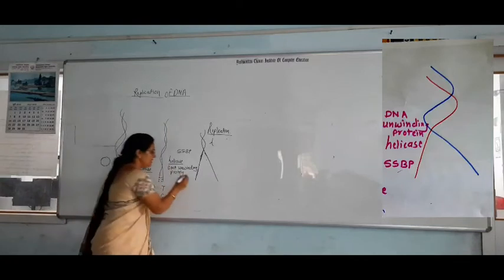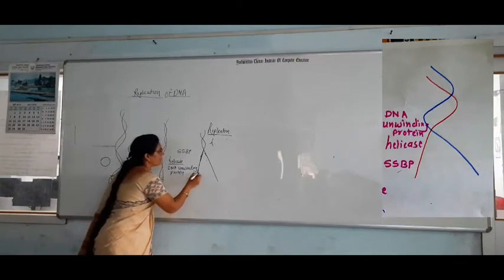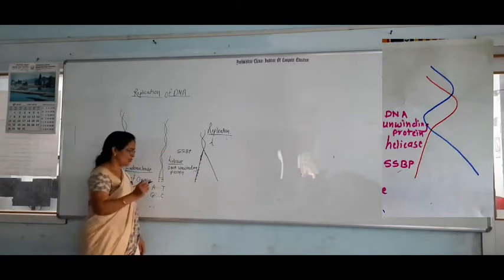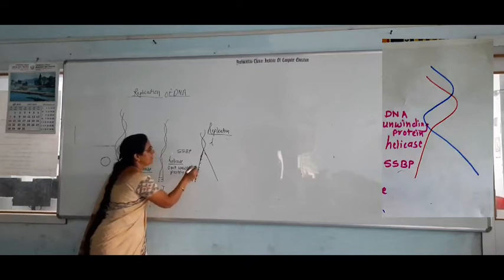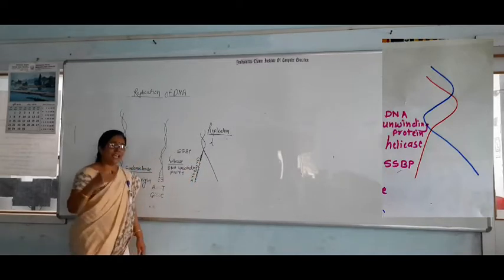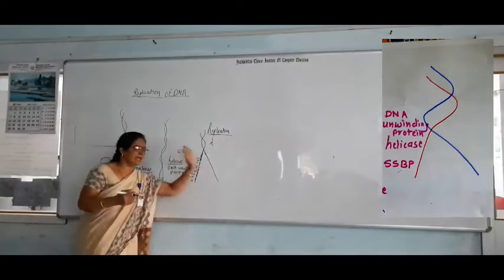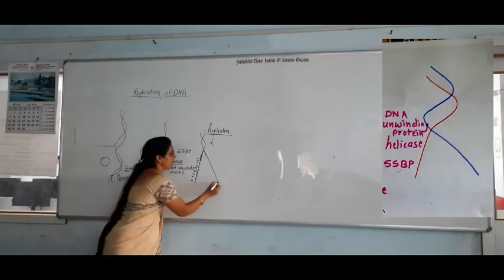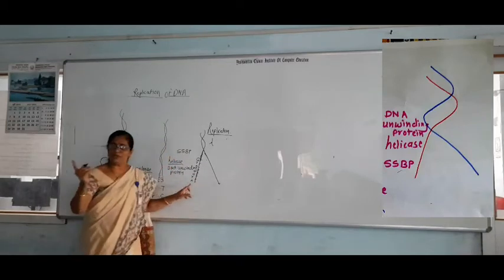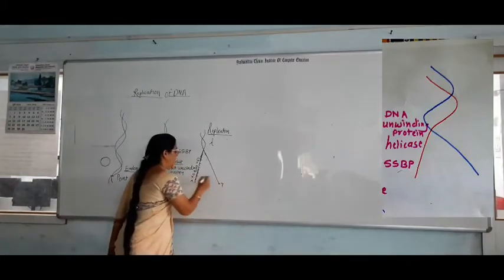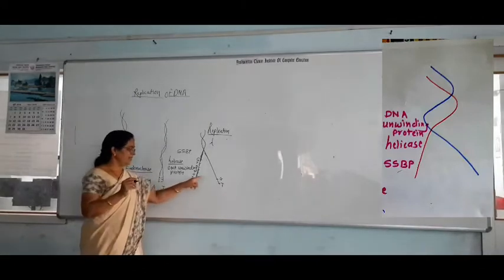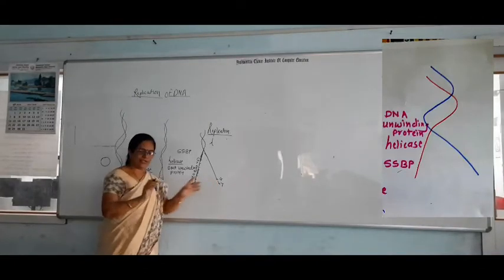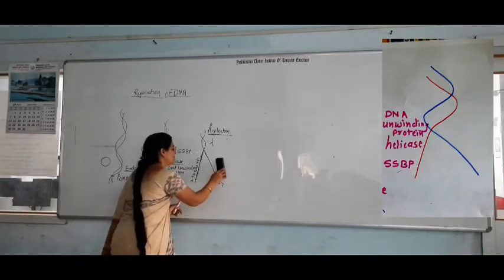You know that on this DNA strand the nucleotides are present. Suppose on that strand here the A is present, here T, G, C, again A, T, G. Which are the complementary nucleotides present on the other strand? A always pairs with T. T pairs with A.